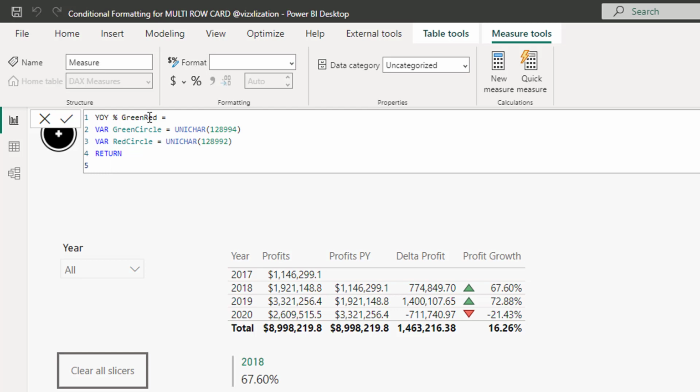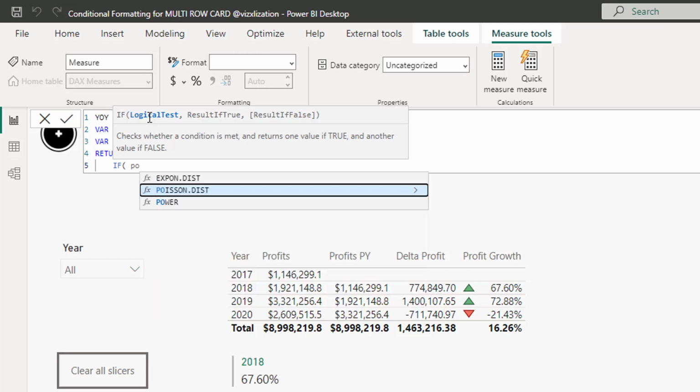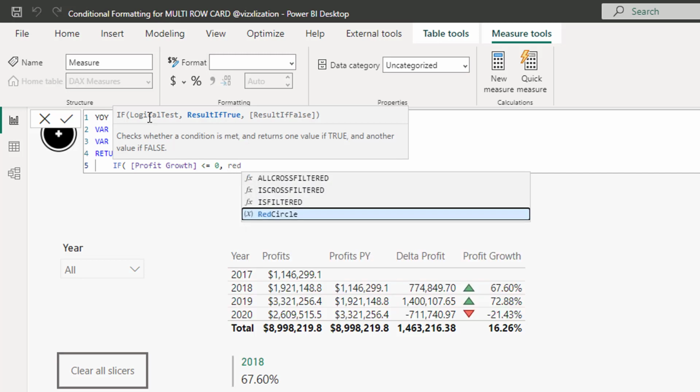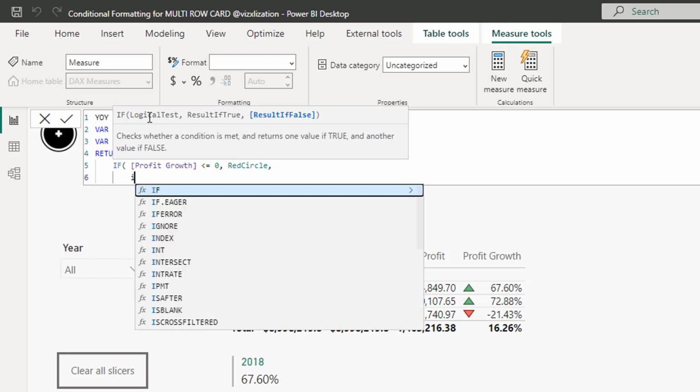Check this out. If profit growth is less than or equal to 0, this should be the red circle, okay? The variable that we just created. Let's keep going. If that's not the case, we can use another condition here.